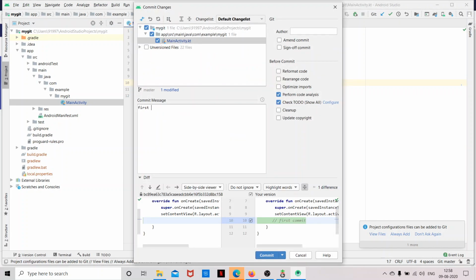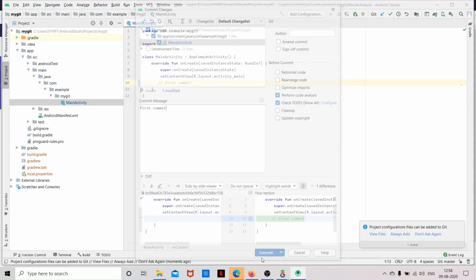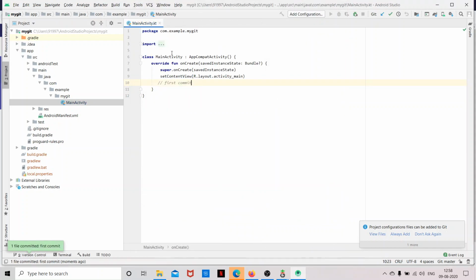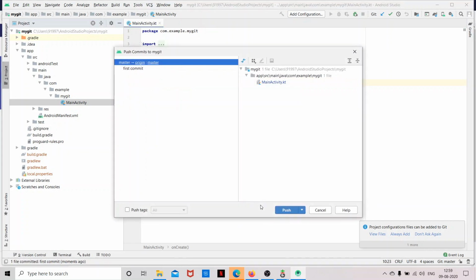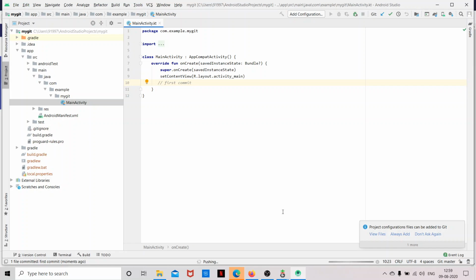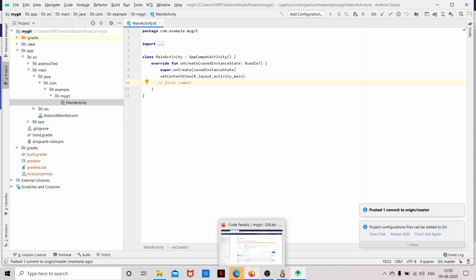Type in a commit message. Then I'm going to push my changes. I have pushed my changes to my remote repository.